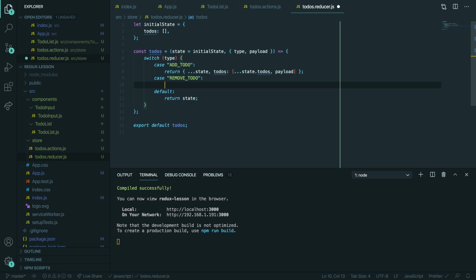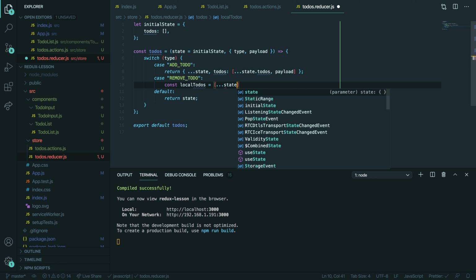We want to remove the... we want to pop from the array. Yeah, how to do that? So all our to-dos are in the array, old, in state.todos, right? So what we want to do is create something like local to-dos, and that will be cloned state.todos,